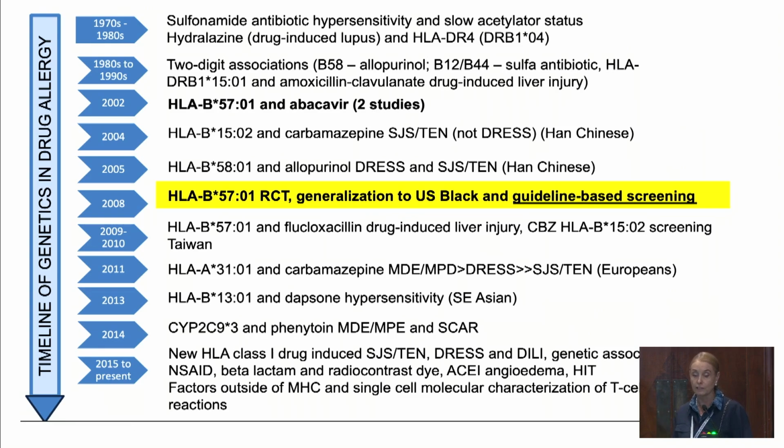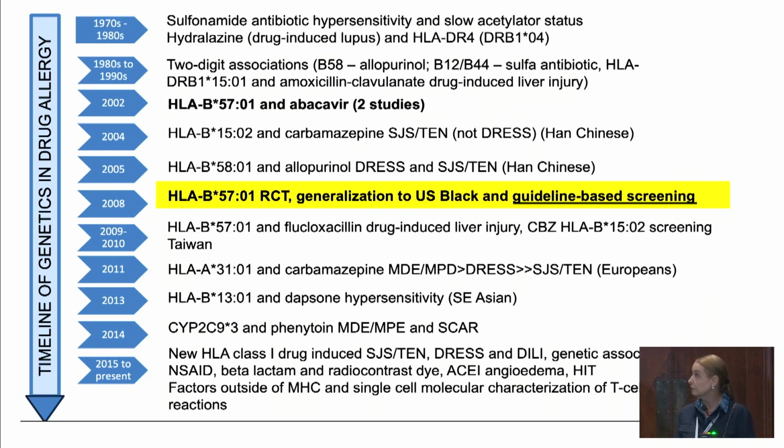followed, in terms of understanding these reactions to be CD8 T cell dependent and largely HLA class 1 restricted. In the case of abacavir and 5701, this led to a randomized controlled study that actually tested the effectiveness of this allele to prevent a specific drug toxicity, which happened to be abacavir hypersensitivity, and showed that screening essentially eliminated that toxicity. This led into universal guideline-based screening. Unfortunately, we don't see abacavir hypersensitivity anymore in clinical practice, and a number of other drug associations, which I'll speak